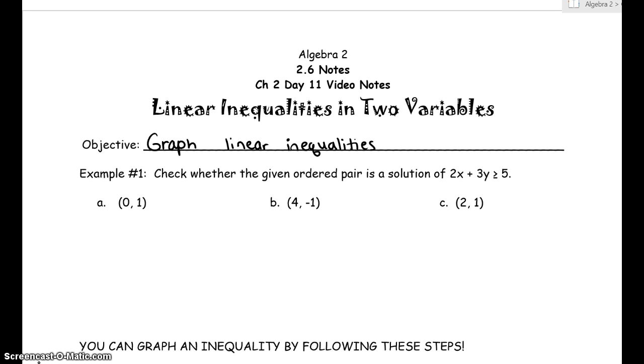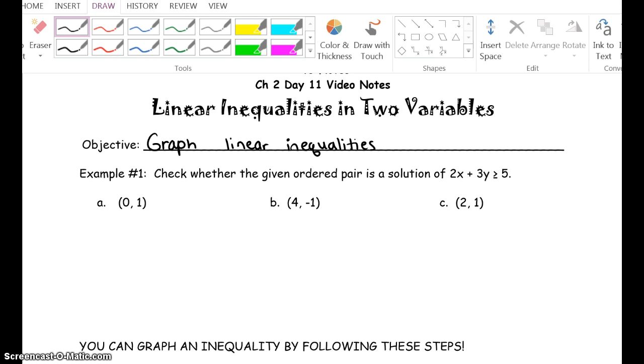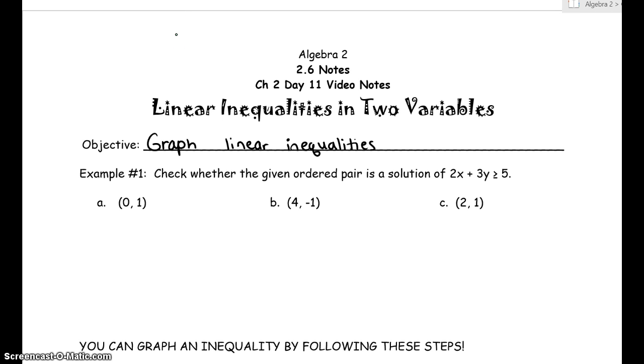Pagan, and in today's lesson we're going to be talking about linear inequalities in two variables. We're going to graph these and check to see if some of these points are their solutions. Alright, we're going to start off a little bit easy. Some of the examples are just going to ask you to check whether the given ordered pair is a solution of an inequality. And what we have to do is just check and make sure if it works or